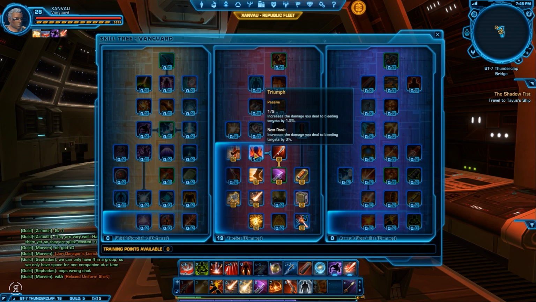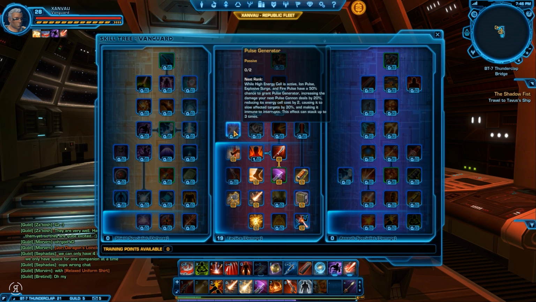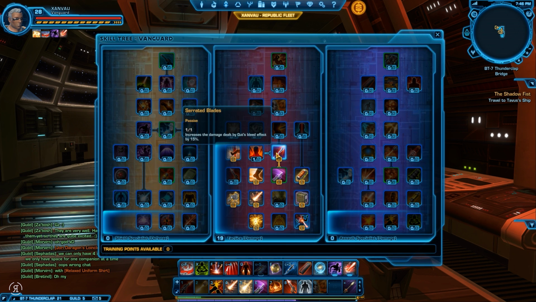Now, the one thing that I do think is going to be absolutely amazing, and I'm pretty sure I need to be, well, I would say level 55 to be able to do it, is this. It's called Fire Pulse, and as you can see by the description, it emits a fiery pulse wave, dealing a huge amount of elemental damage to the target. Now, this is exactly why this, right here, the battering ram, is very, very good. As you see, Fire Pulse has a 100% chance to make your next Shock Strike free,